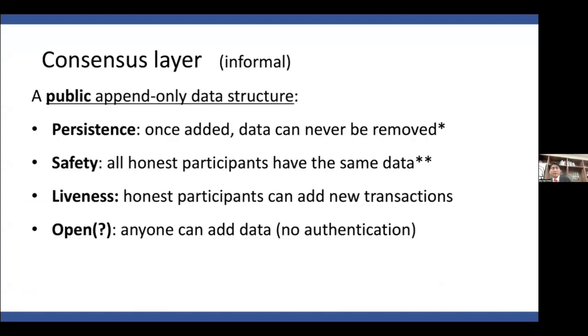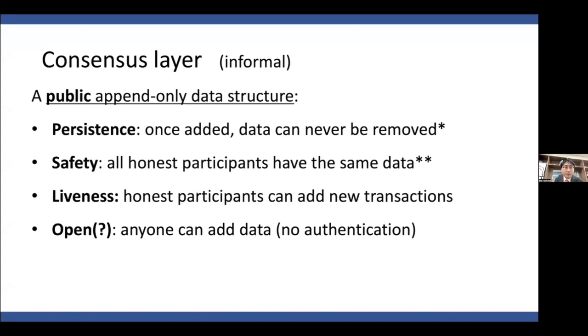So in the consensus layer, in other words, the main functionality, the main feature of blockchain for state machine replication is to provide these properties. And we should understand that different blockchains provide different properties. They provide some basic properties, but their properties are slightly different. Sometimes some blockchains give up some properties over others. So understanding those subtle differences actually matters